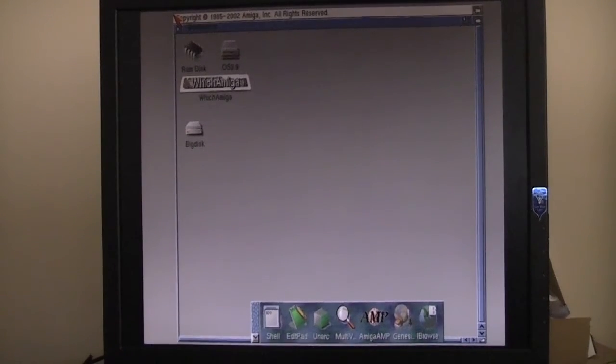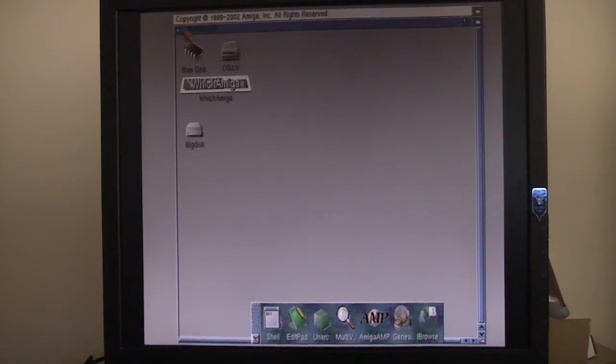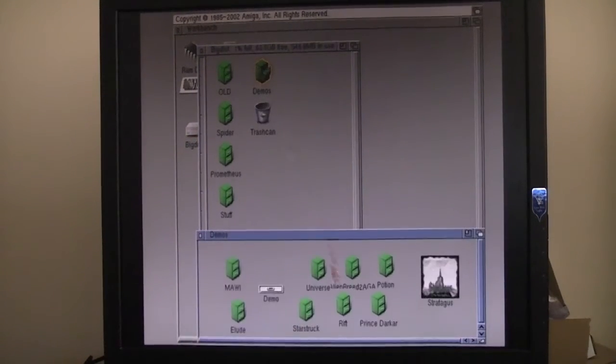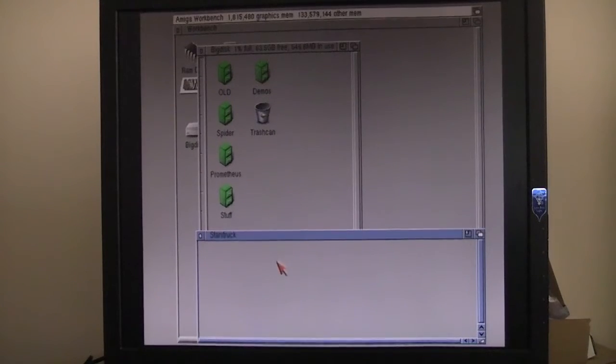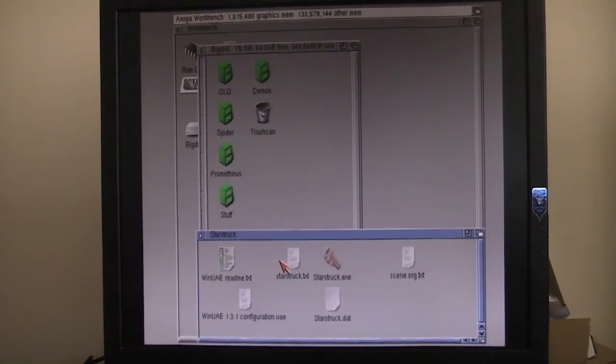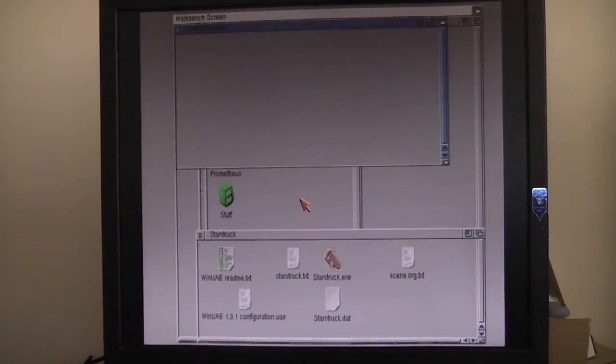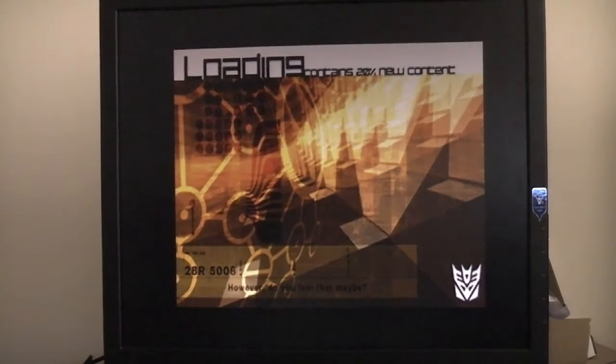But let's now have a look at the quality of what this can actually deliver. So I'm going to go back to my old favourite because, you know, I like it, and the Starstruck demo. So while that's loading, why am I looking at this again? Well, I'm not sure whether I featured it earlier on in the footage, but when I tried that on the